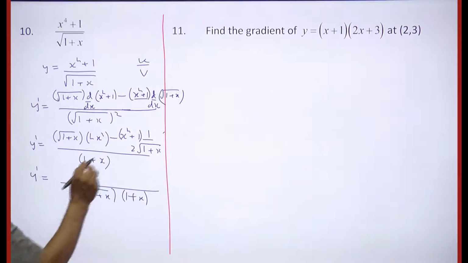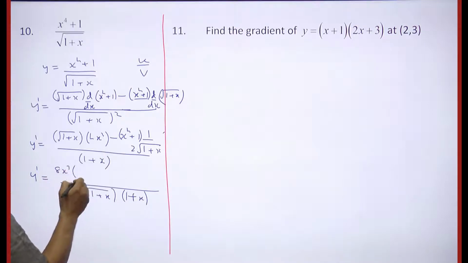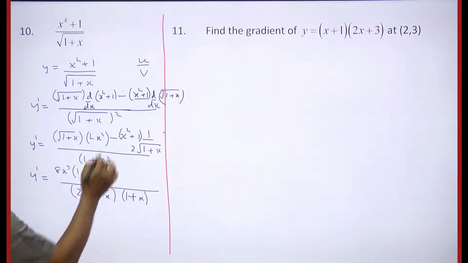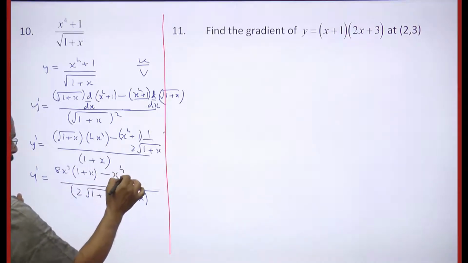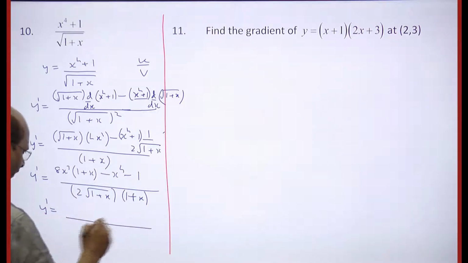Okay, now hold on. See, 2 4s are 8, x cube, root of 1 plus x into 1 plus x, root of 1 plus x is 1 plus x, minus x raised to 4 minus 1. You have a simplification skill. It will be 8x cube, denominator will remain as it is,